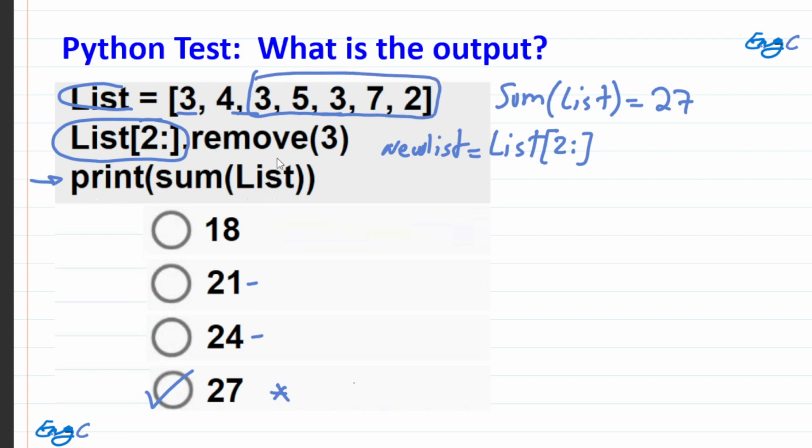And then we are trying to remove 3. And just remember that remove only removes the first occurrence of the observed number or element that is asked to be removed. So it will remove this one and won't touch the next one in the new list. Okay, so just with that in mind, as a recall of what the remove method does, in this procedure nothing happens to the original list, and in printing the sum of the list,